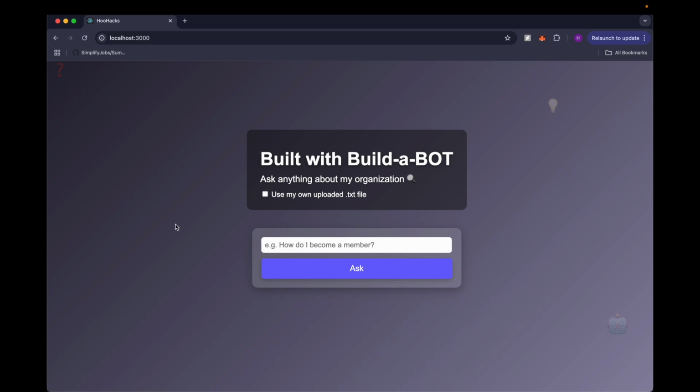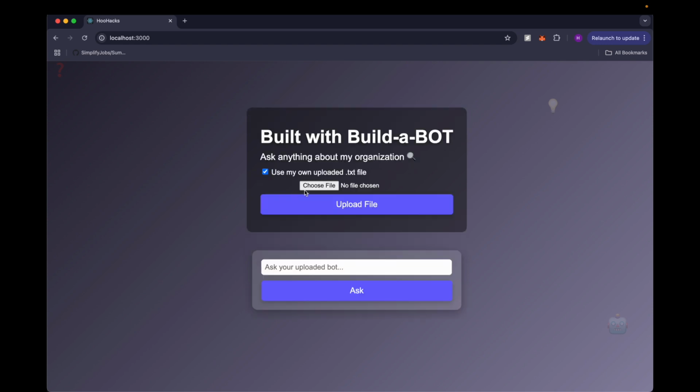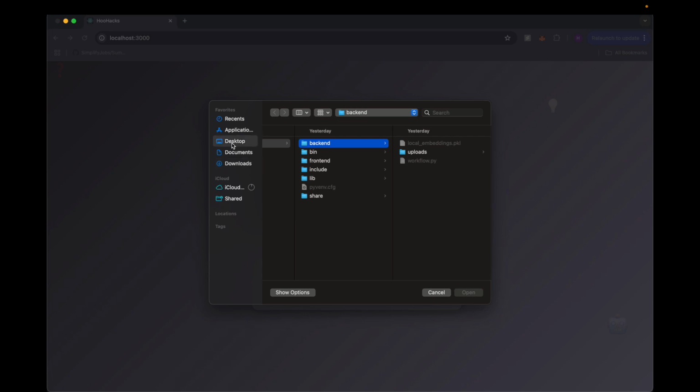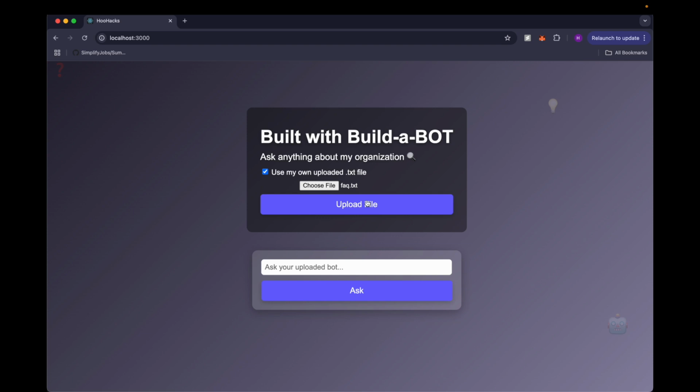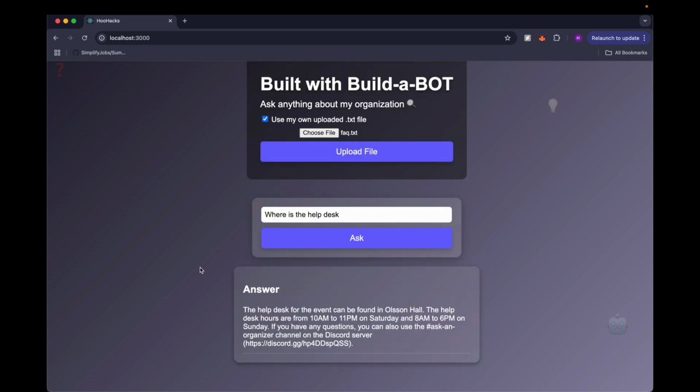So to start off with demoing this, we thought why not start with Who Hacks FAQs. So I'm going to go ahead and upload common FAQs based off of the resource packet that was provided. And now we can see we can immediately ask our bot any Who Hacks related question. So the first one I ask is, where is the help desk? You can see it provides a context-aware response mentioning Olson Hall, the specific hours, and where to get additional questions